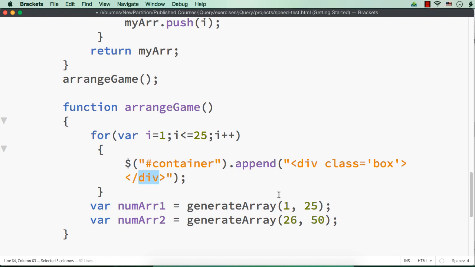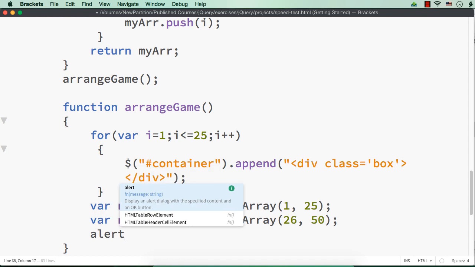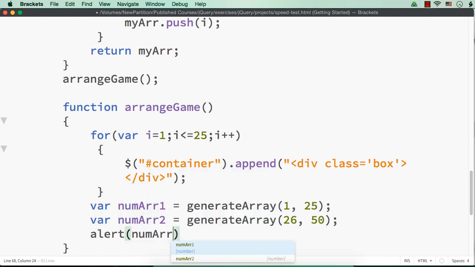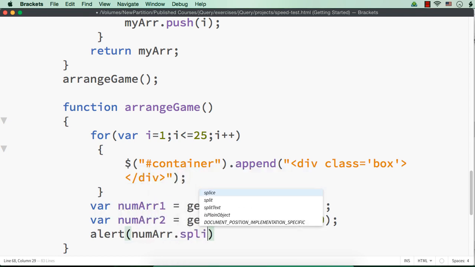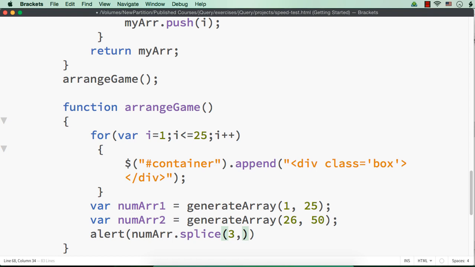Okay, so if we want to remove an item from the existing array, what we need to pass is that we need to specify the index, that is the item at which index should be removed, and also the number of items to be removed. So let me show you. Suppose I specify alert numArr1.splice(3, 1), then what will happen?